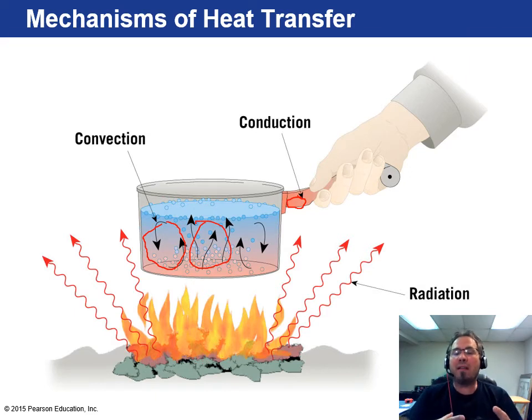So once something gets heated up, that heat starts to spread out depending on how hot it gets. It'll determine how much it spreads out. Now, if I take that pan off the heat, you lose the radiation. So therefore, you're going to lose the convection cells, so to speak, in there. Those will start to cool down. And then it'll go from hot to cold because everything wants to go from warmer to cooler. It's what's called equilibrium. It wants to get back to equilibrium, what we refer to as room temperature. That's not really a scientific term, but I figured that's what you would understand. So everything wants to get back to sort of room temperature.